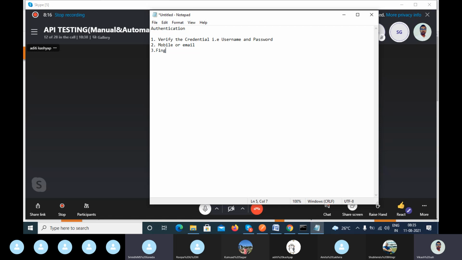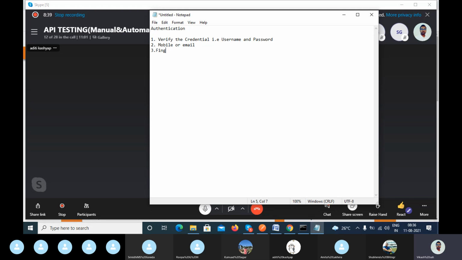Fingerprint, even in your companies also, right? When you go to your office, some companies are using biometric. If you want to enter your office, you have to put the thumbprint there.